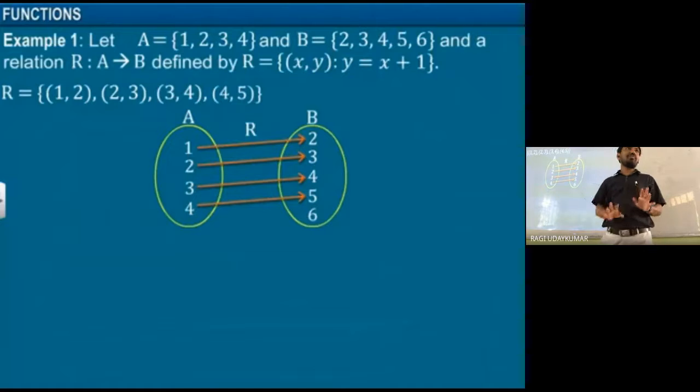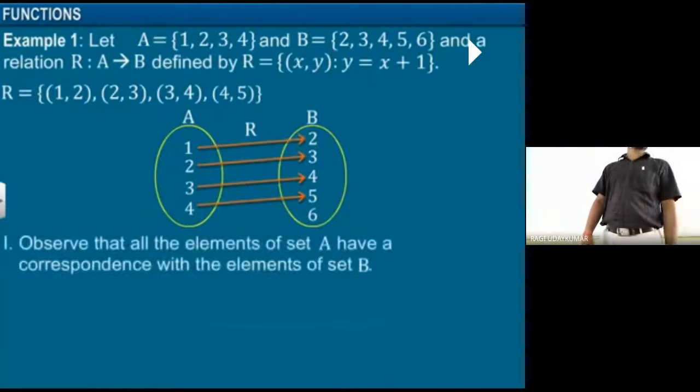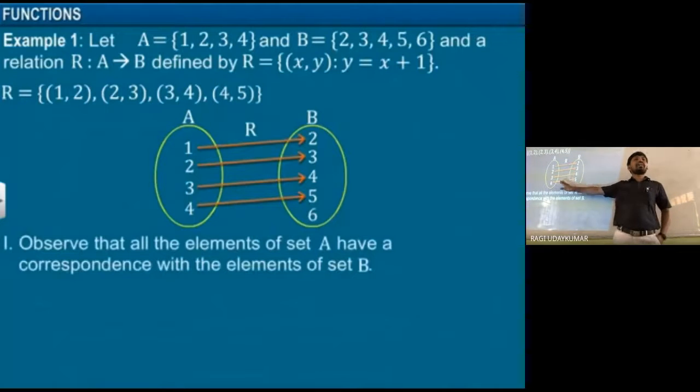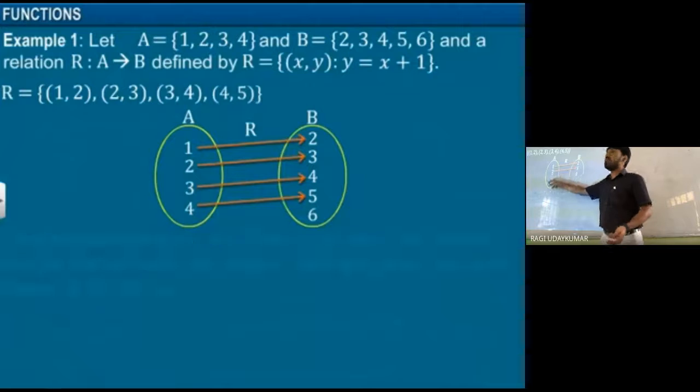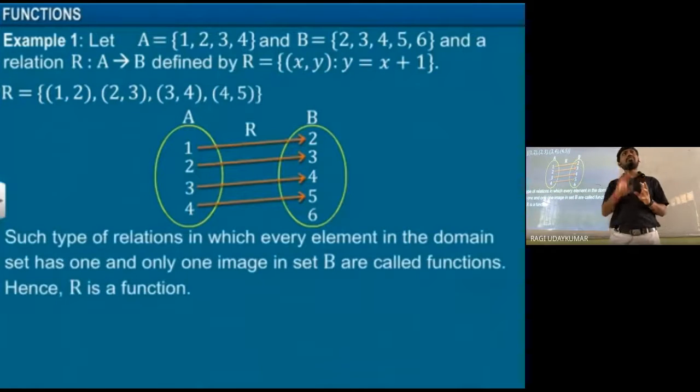इसमें क्या है कि first set में 1, 2, 3, 4, each one is having one correspondence. It is mapped. Mapping is available. And only one, double नहीं. Therefore you can say that this is a function. All the elements of set A have the correspondence with the elements of set B, and in set B double नहीं. Only one element is linked to only one element, not to the other element. You may have all linked to the same element, doesn't matter. That is also fine. So such type of relations are called functions.